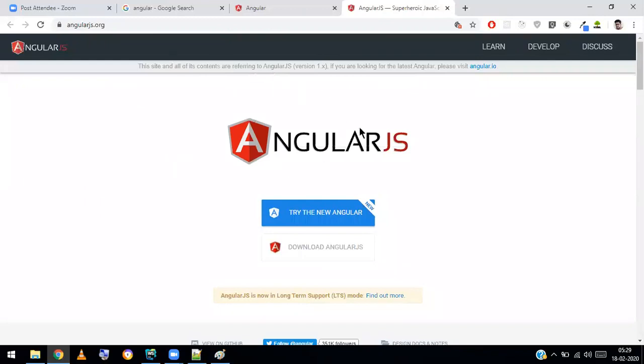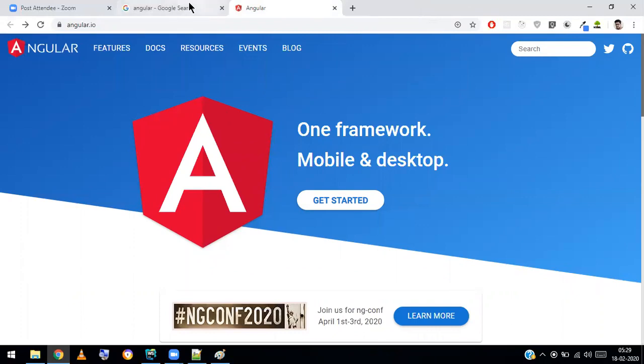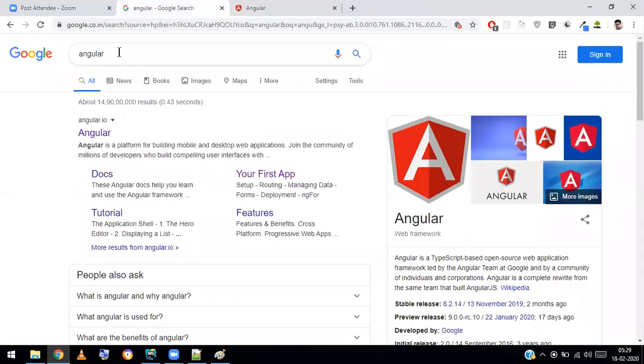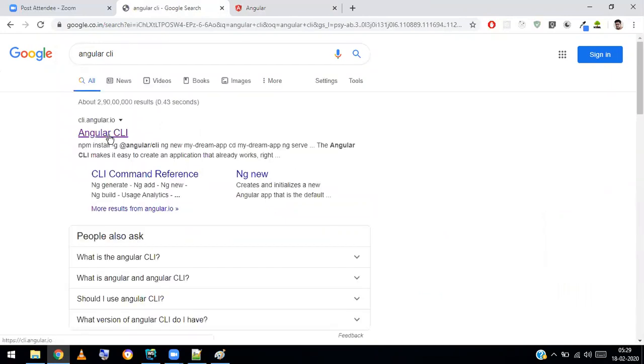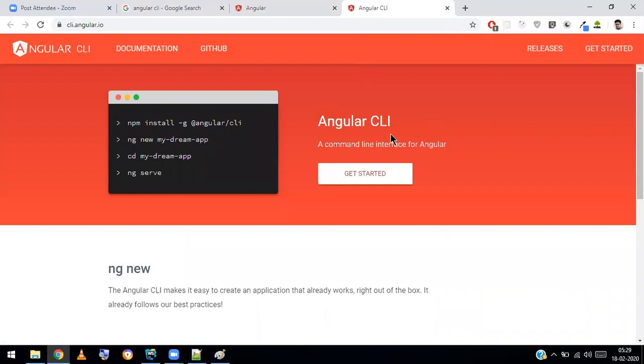Okay, so we are not discussing all of this, we are only talking about Angular 9. And Angular CLI is a separate website, cli.angular.io. This is Angular CLI, which is a command line interface for Angular. Through commands we can generate all the required things for Angular. To install Angular CLI, run npm install -g @angular/cli, and then we can create the